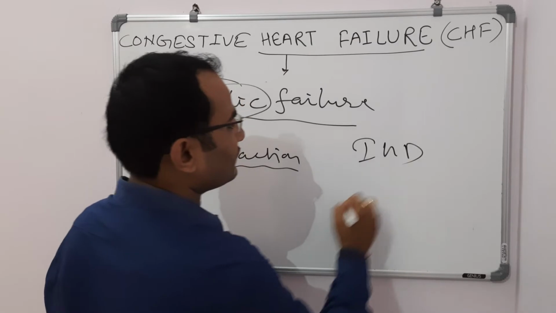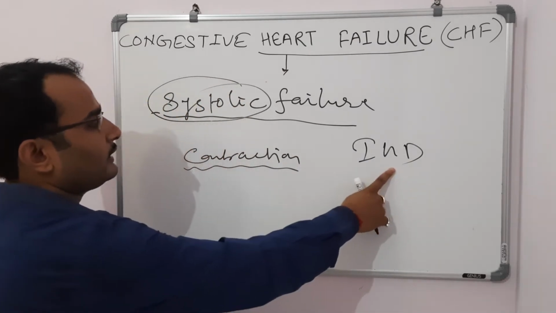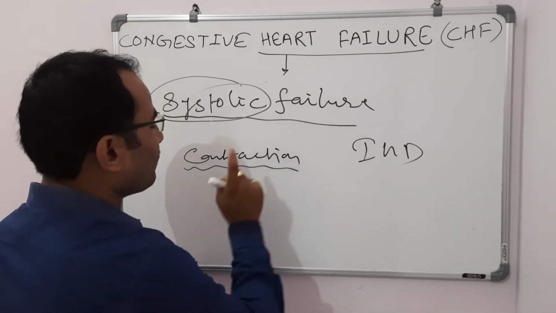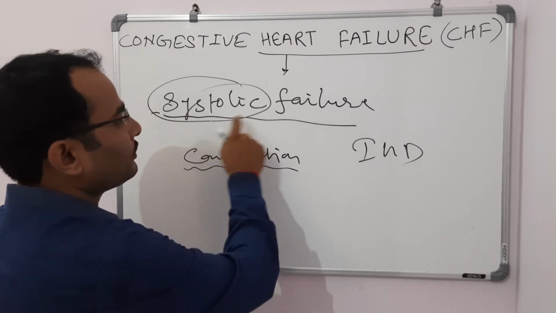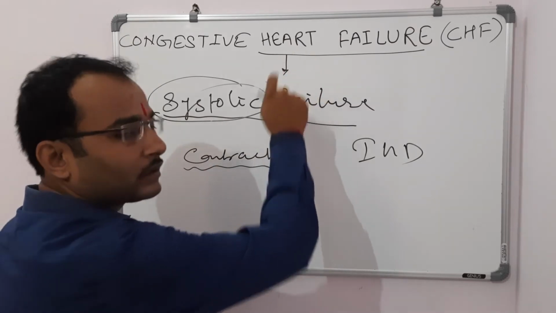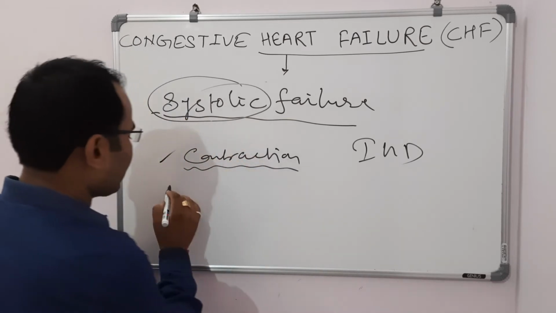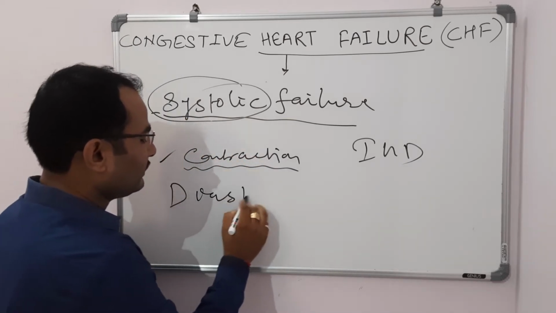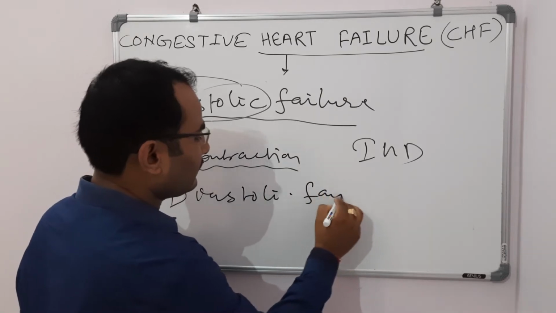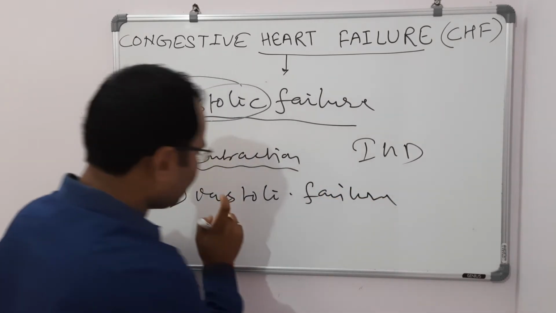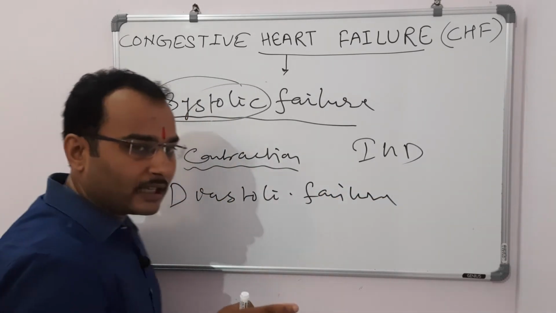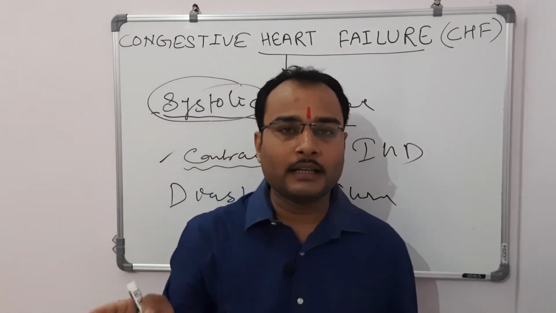Ischemic heart disease, there will be improper contraction and that will lead to the systolic failure of the heart, resulting in congestive heart failure. In the same way, if we talk about the diastolic failure, it means in diastolic failure the expansion of the ventricle,